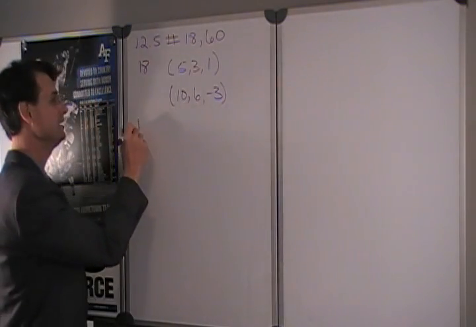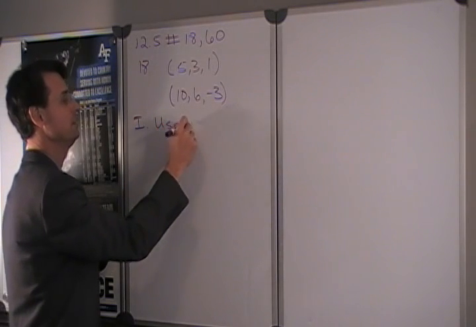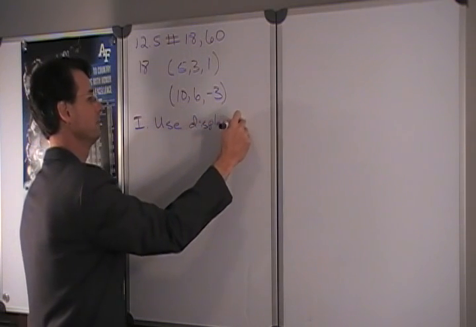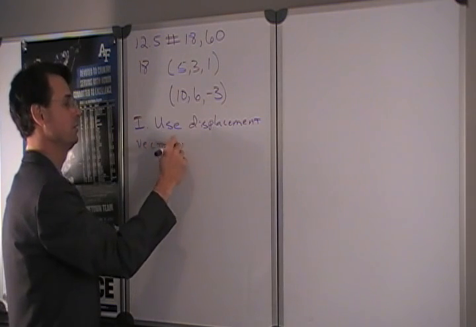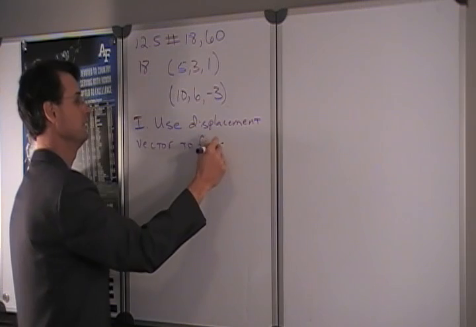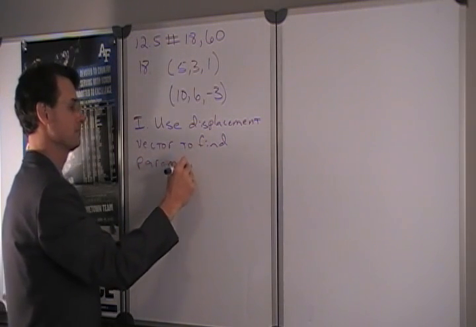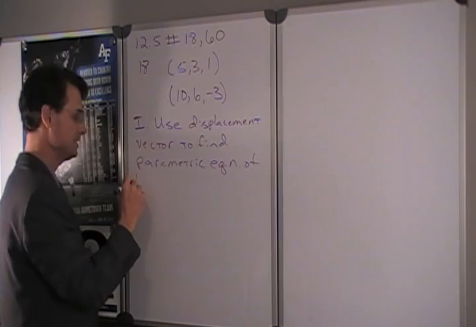So the big idea is to use the displacement vector to find the parametric equation of the line segment